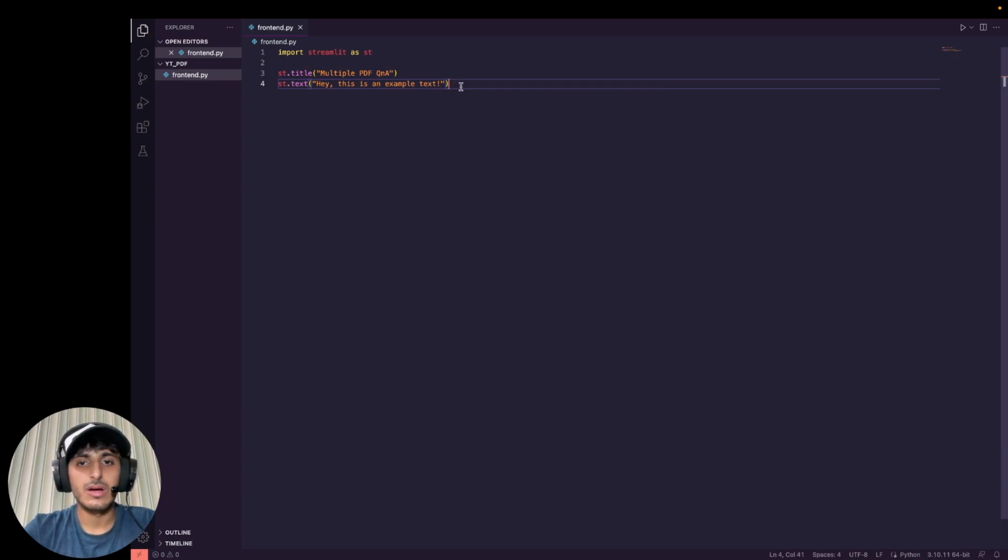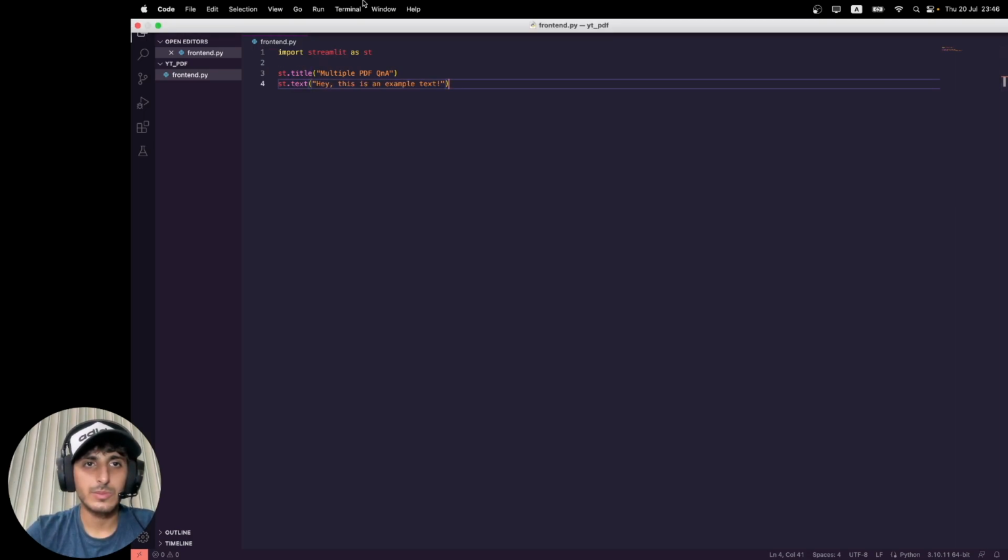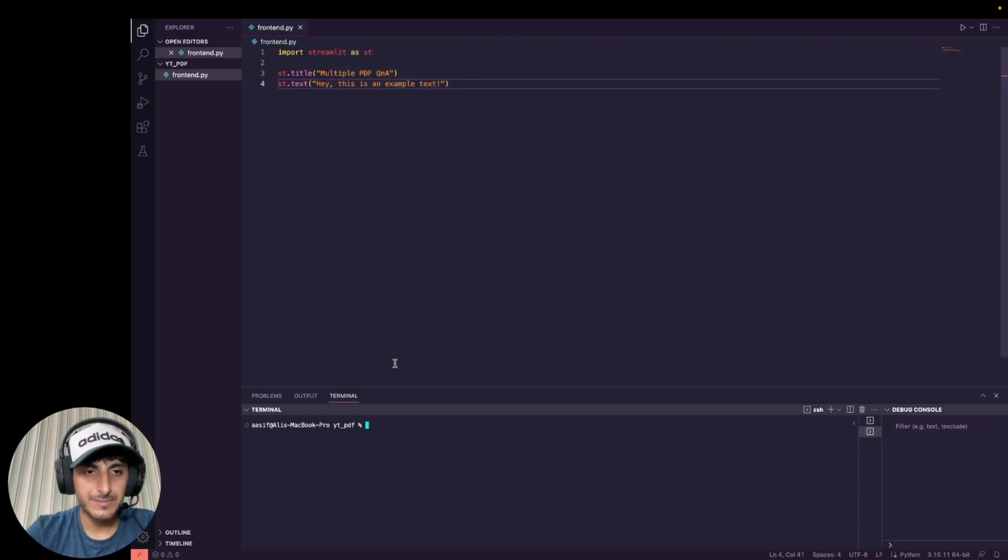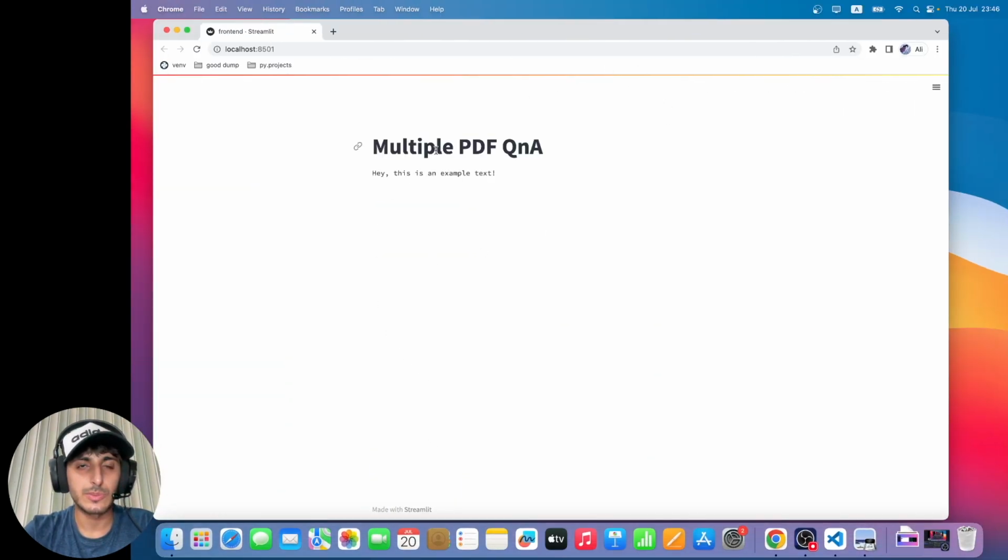Now, how we run the Streamlit application is we open up the terminal, and inside of here we write streamlit run, and then the .py file name, which in our case is frontend.py, right? And there we go, we have our local host,